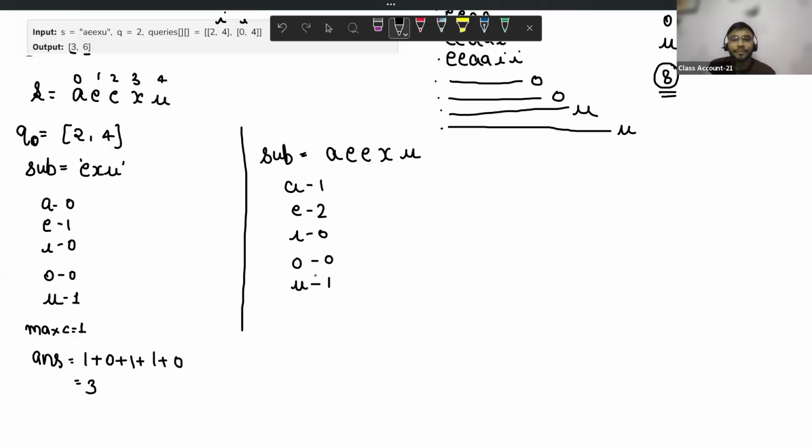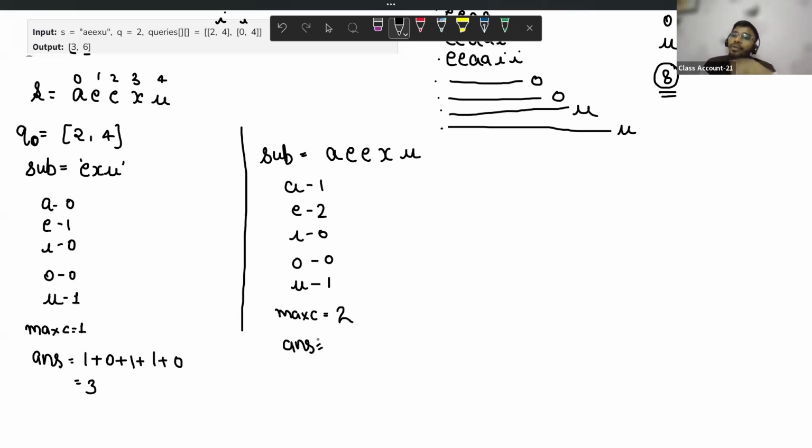Yes. After that, what can I do? I can find the maximum count here. The maximum count present here, you can observe, is 2, from E. So I need two frequency of every vowel.